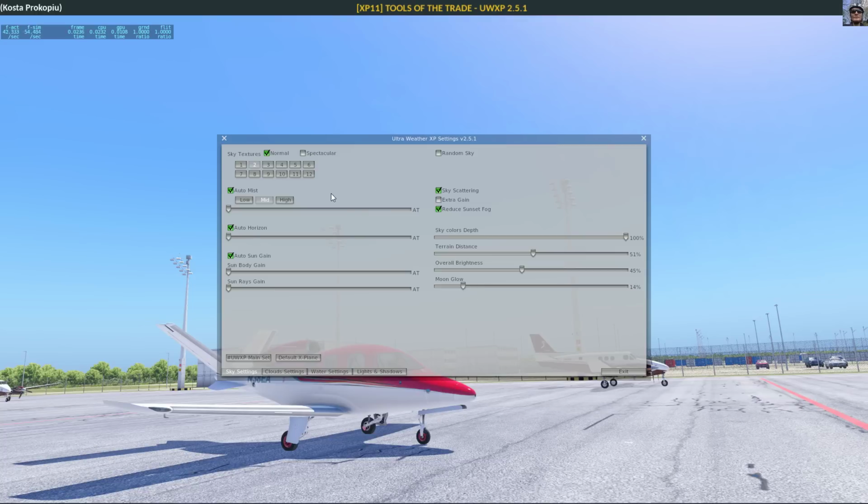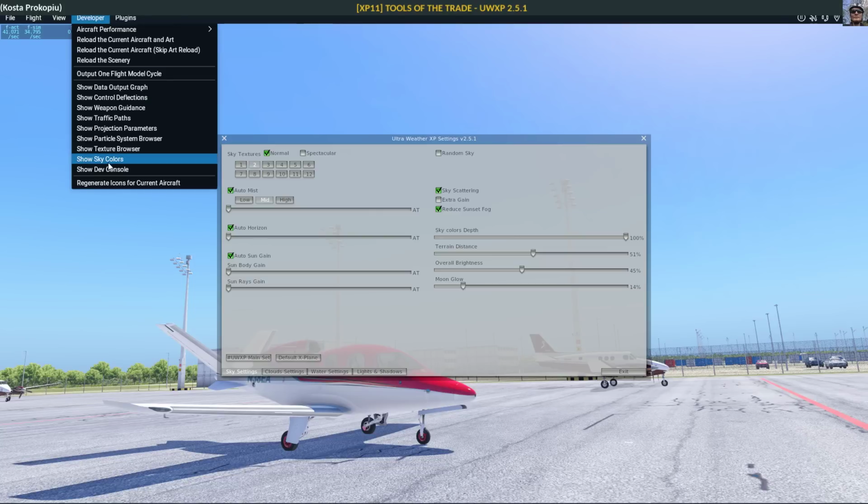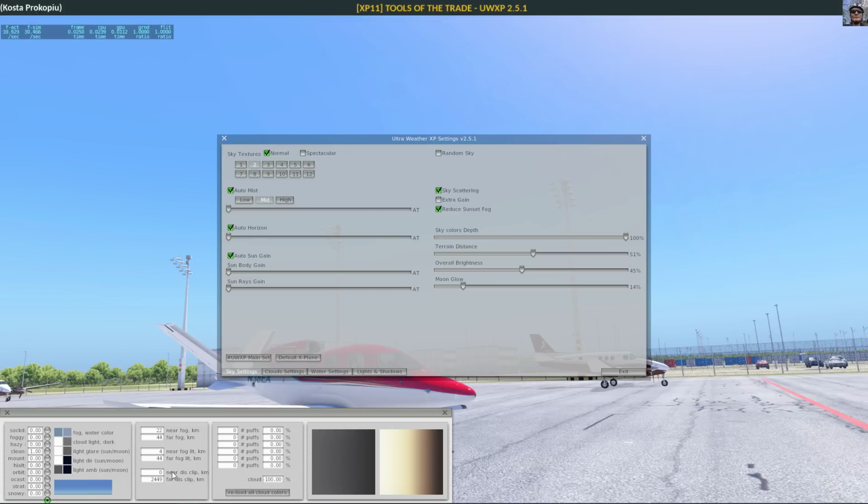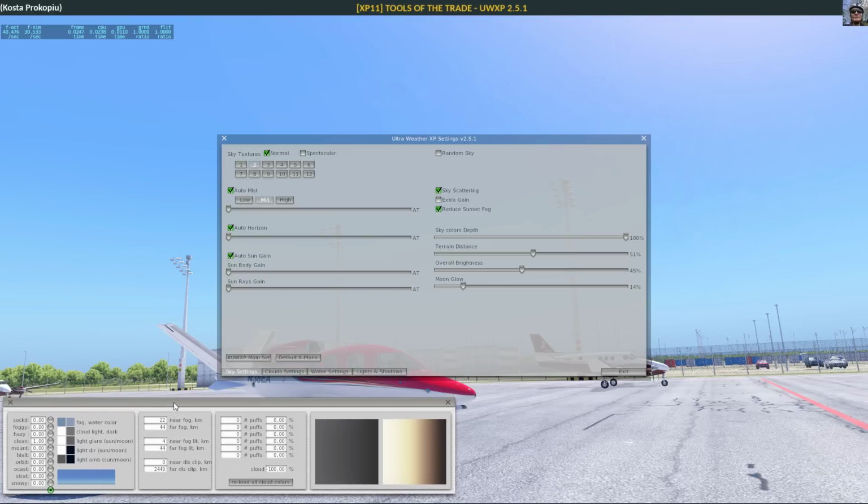And the first thing is the sky textures. Sky textures are basically what we call sky colors in X-Plane. And there is a way of changing the sky colors. You can pick from one of the sets. For example, if I switch to 1, it has now replaced the textures. So if I do now a reload all colors, you can see that this has changed here. All right, so let's remember that I was on 2. But in order to see a little bit more,